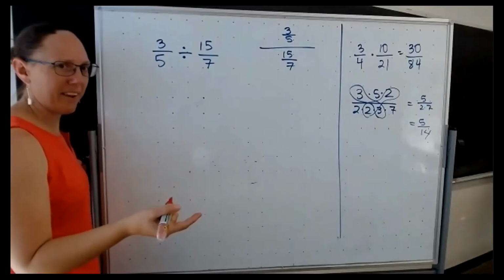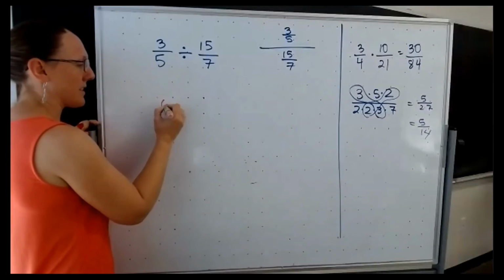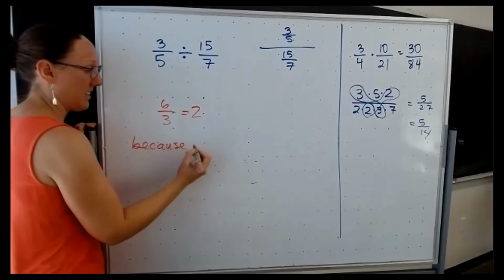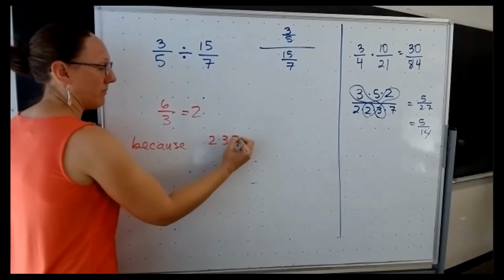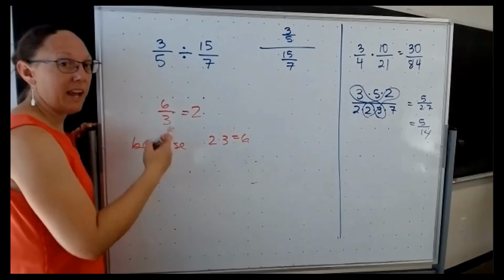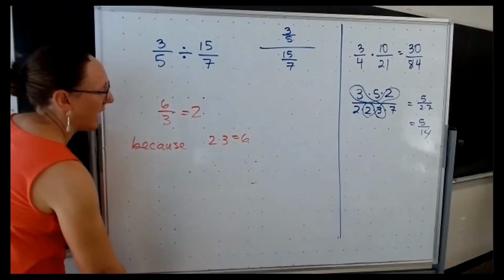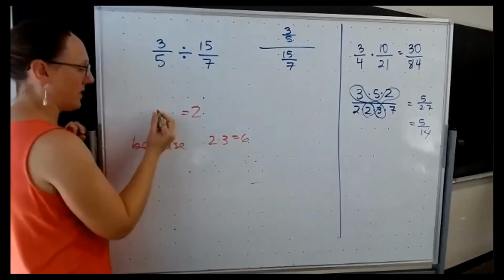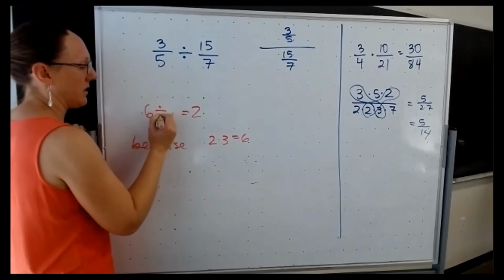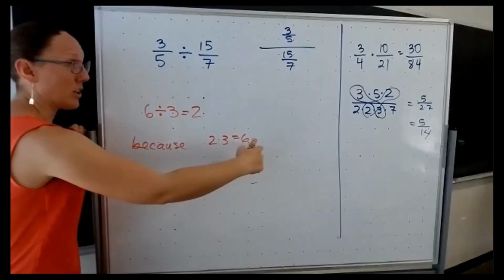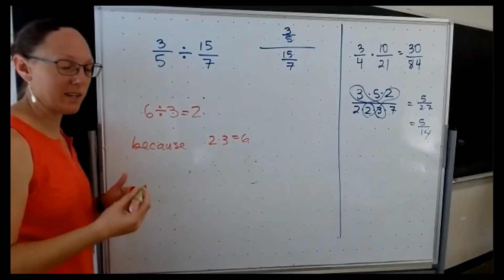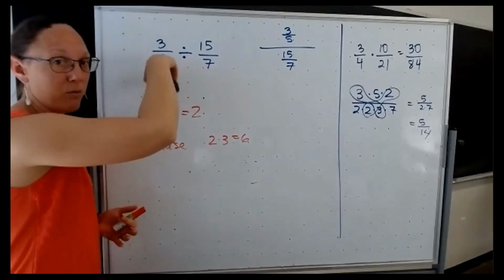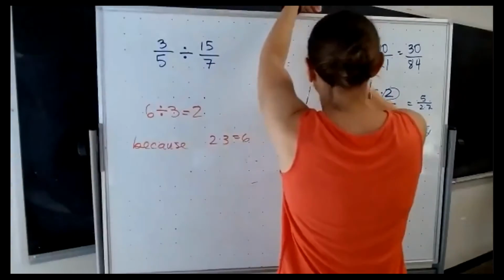So going back to, I think I used the same example yesterday, but 6 divided by 3 is equal to 2 because 2 times 3 is equal to 6. And if I took that 6 divided by 3 and I rewrote it using this division symbol, that would look like 6 divided by 3 is equal to 2 because 2 times 3 is equal to 6. If I write out that same because statement for our current problem,